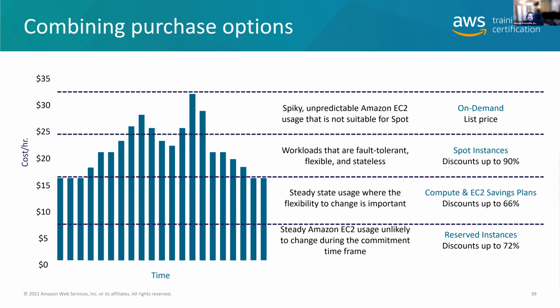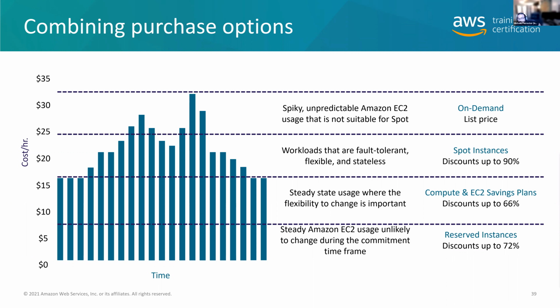One thing that people do is they'll use reserved instances as their base. Then they'll use on-demand or compute savings plans to cover other portions of it to get more flexibility. Then they'll use spot instances for burstable capacity. And if spot isn't available for whatever reason, they'll go to on-demand. So you can actually create automated systems using the fleet manager to create your own spot fleets or on-demand fleets that are part of an auto scaling group that will allow you to mix all these licensing types together.